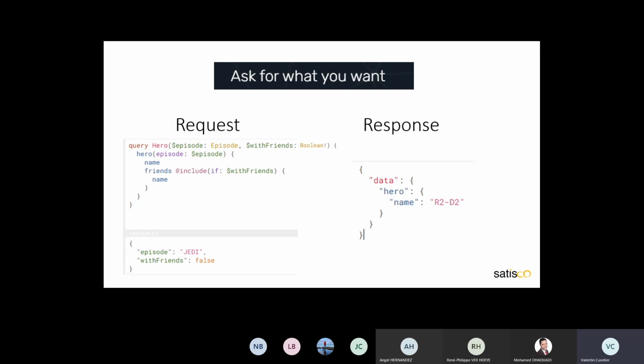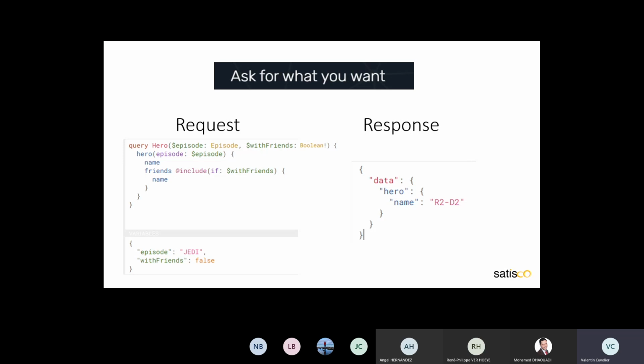To transmit the variable, we can specify it with JSON format, but it is not mandatory. It is specific to the transport that you use. So here we use JSON for the request, and we use JSON also for the dictionary of the variable, but we can choose other formats to pass this dictionary.